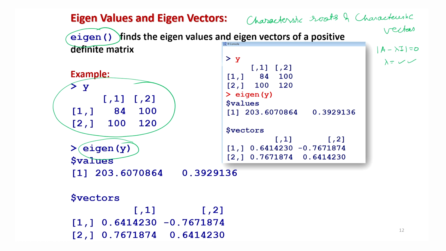As soon as you run it, it shows you the values. So, these are the 2 eigenvalues, and corresponding to these 2 eigenvalues, you have the eigenvectors. This is corresponding to the first eigenvalue, and this second one is the eigenvector corresponding to the second value. So, these are eigenvalues, and these are eigenvectors, right? They have a role in doing multivariate analysis. So, I wanted to introduce it, but there are many more things which are going to be useful, and we will see them from time to time.